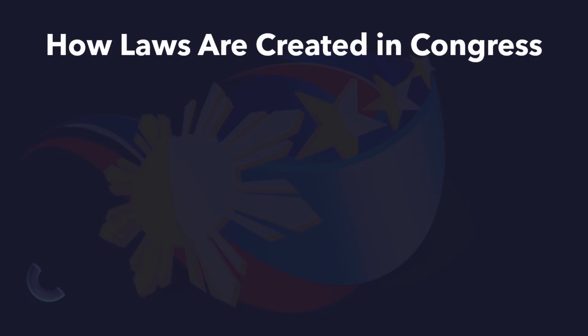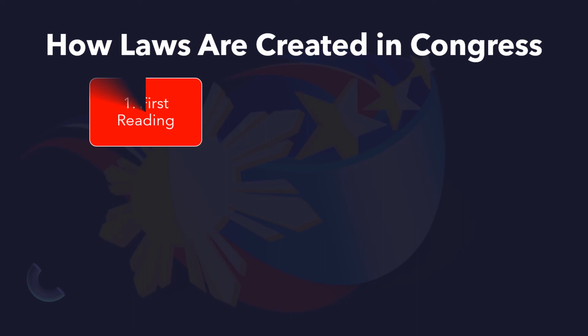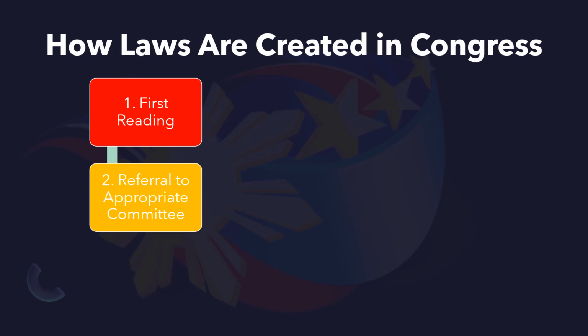How laws are created in Congress. A law starts as a bill or draft of the law. Lawmakers will draft and propose a bill that will undergo different steps or procedures, and the first step would be first reading. Any member of either house may present a bill. During the first reading, the bill is read by its number and title, to be followed by the referral to appropriate committee. The bill is referred to the proper committee for study or consideration, and then it will proceed to